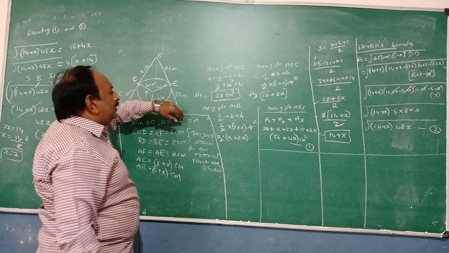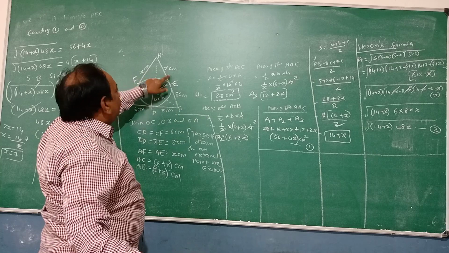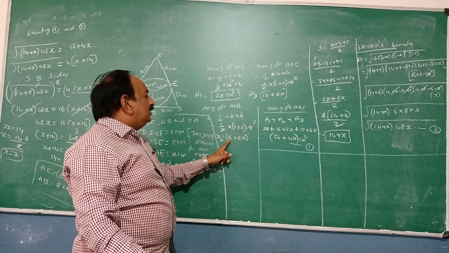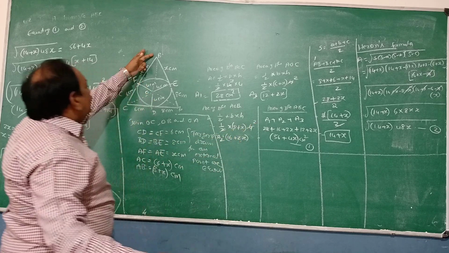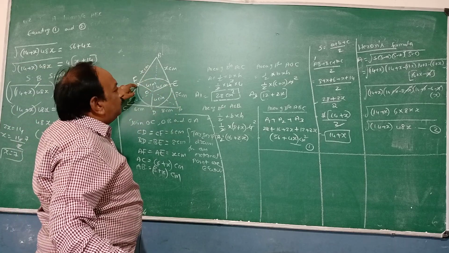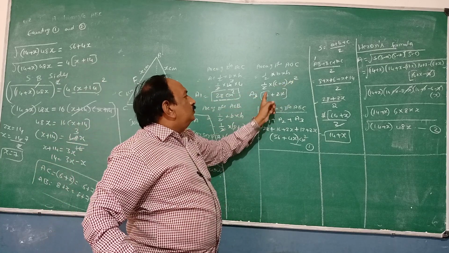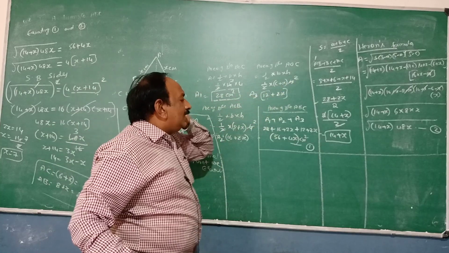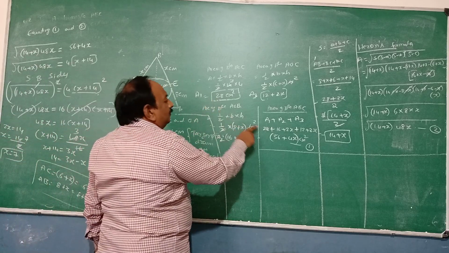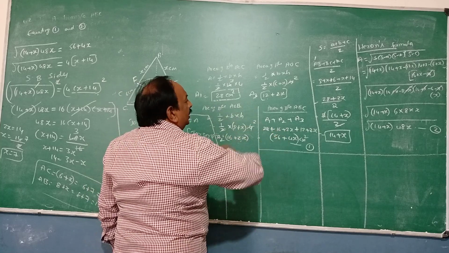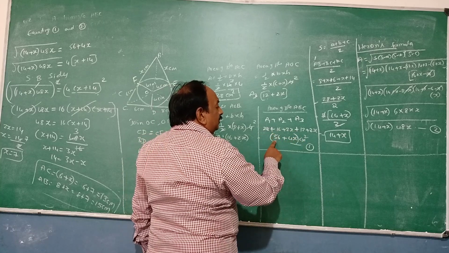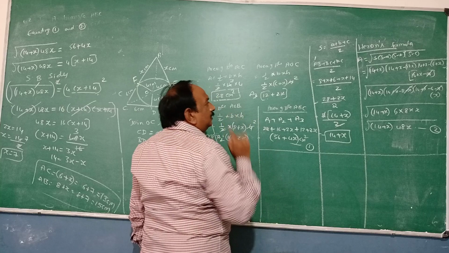Area of triangle AOB is equal to half into base. Base is 8 plus x, height is 4. 2 ones are 2, 2 twos are 4, 8 twos are 16, 2 into x, 2x. Area of triangle AOC, half into base 6 plus x into height 4. 2 ones are 2, 2 twos are 4, 6 twos are 12, plus 2x. Area of triangle ABC is equal to A1 plus A2 plus A3. What is A1? 28. A2, 16 plus 2x. A3, 12 plus 2x. 28 plus 12 is 40, 40 plus 16 is 56, 2x plus 2x is 4x centimeter.